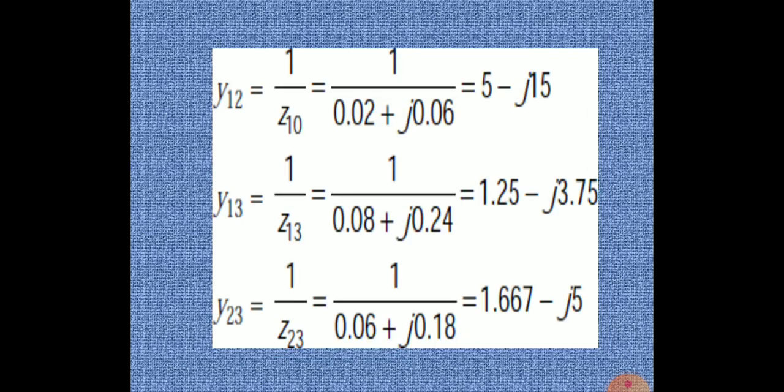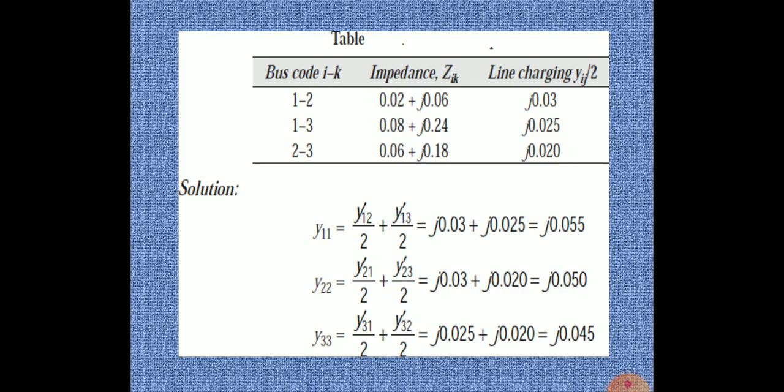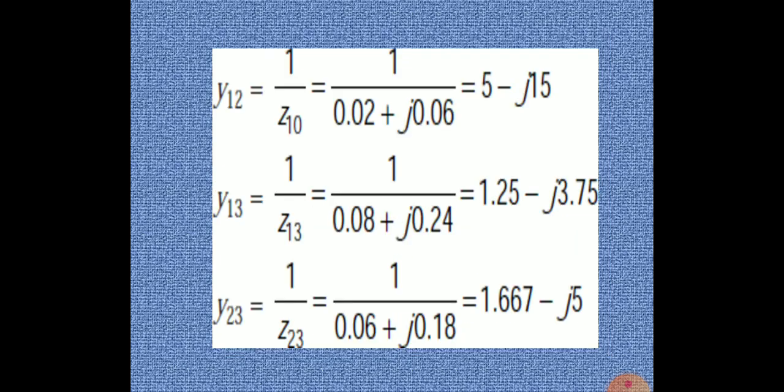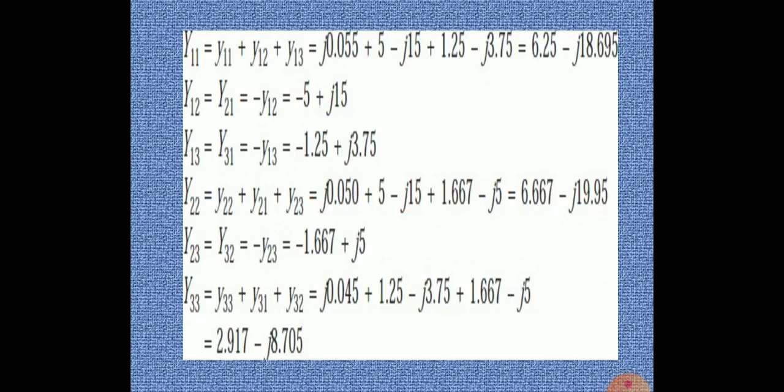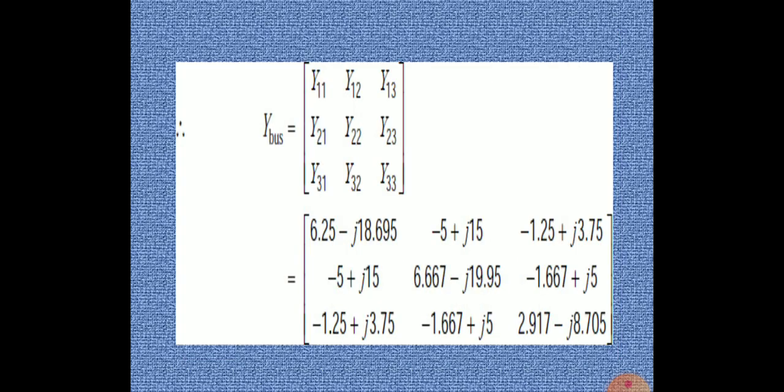So this is the procedure to find the mutual admittance and the self-admittance values y11, y22, y33. Next, the mutual admittances are y12, y13 and y23. Now the total value, capital Y11, is equal to small y11 plus y12 plus y13. Same thing for capital Y12, which is minus y12, equal to y21. Same thing for y13. These are the formulas to find the self-admittance and mutual admittance values.